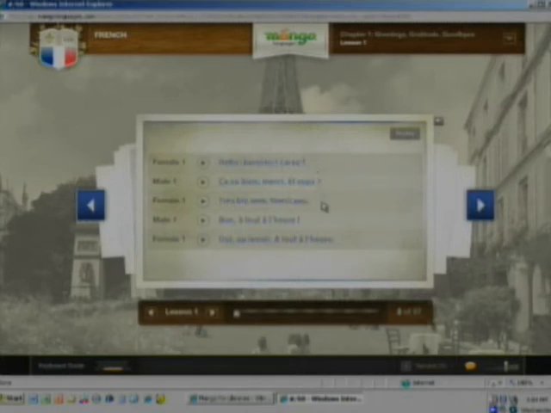Okay, so you can see that it gives you the basic outline of a conversation, a very simple conversation between two people. Initially, it is in English, our native language, and then as you hover over it with your mouse, it will give you the French translation, the actual writing, the language written out. And then you can see it goes through as you hover over the entire conversation. You can replay the message, or the navigation buttons on the side, again, are going to take you to the next slide of that particular lesson.